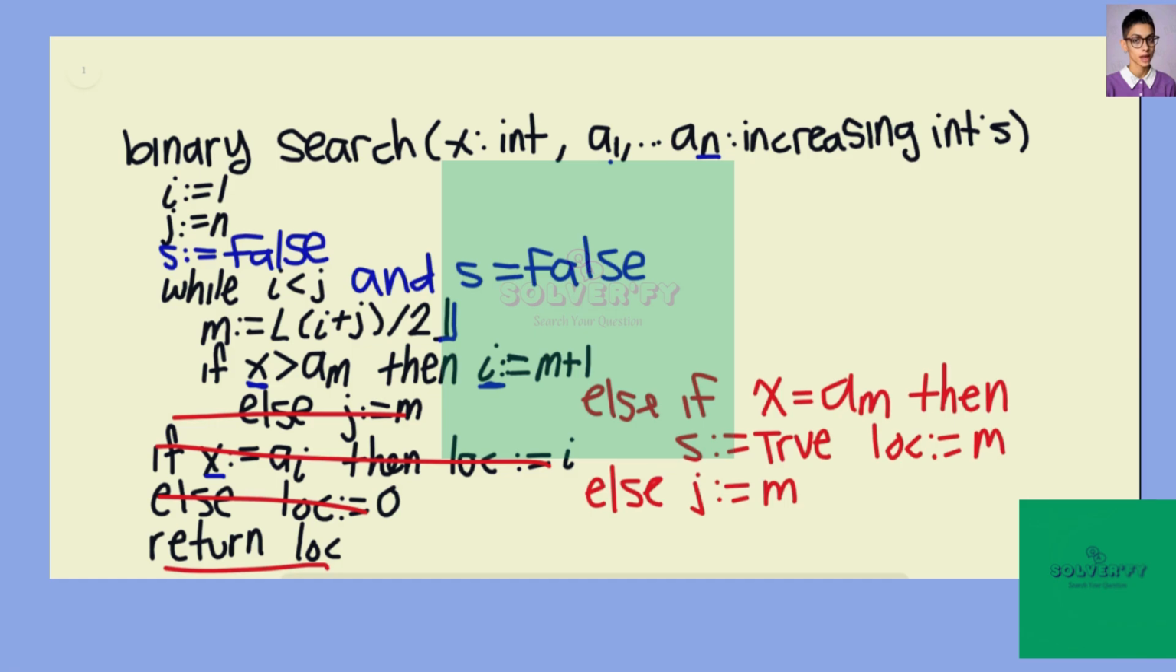And so what is the advantage here? Well, the advantage is that if x is equal to a sub m, it exits the loop, right? So it's not going to keep